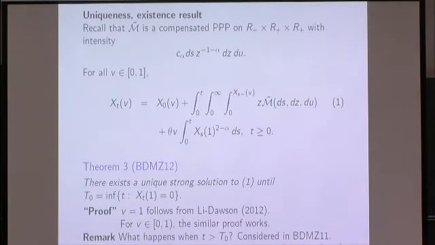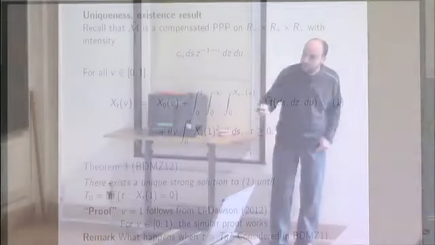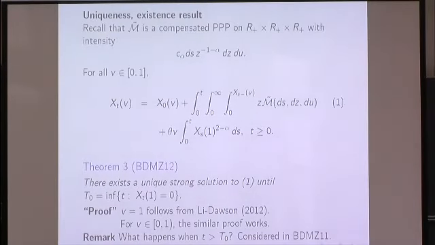Okay, so this is the process we're talking about. And the first thing you would like to say is that there exists a unique strong solution to this equation until the first time it hits 0. When I say until the first time it hits 0, all these problems with the fact that this term is non-Lipschitz go away. We don't care about this, since until it hits 0, everything is Lipschitz.